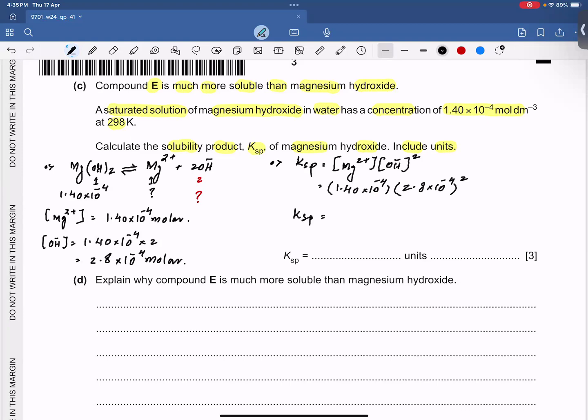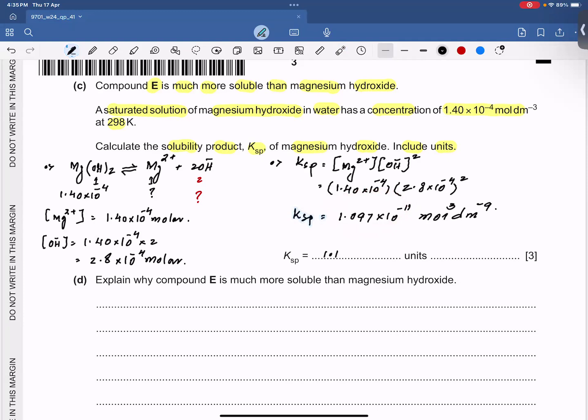Let me find out the value. Into 1.40 exponent minus 4. So it's 1.09 into 10 to the power minus 11, 0.097 into 10 to the power minus 11. And the unit is mole cube dm minus 9 because जब unit multiply हो रहा हो तो powers add हो जाते हैं. Okay. अगर मैं इसको round off करके लिखूं तो it's going to be